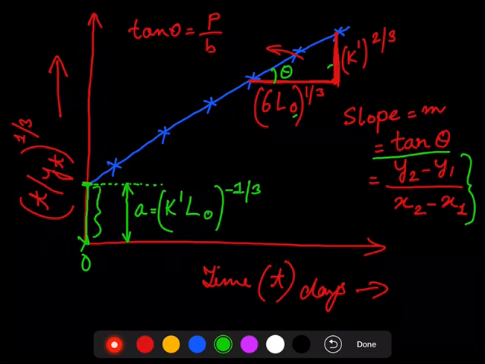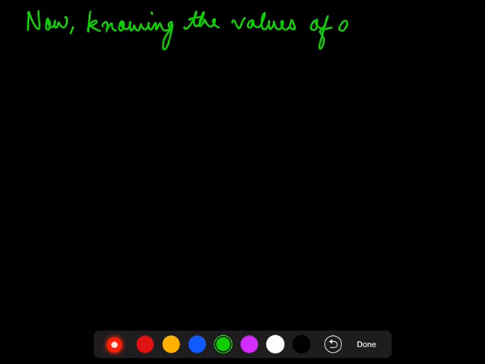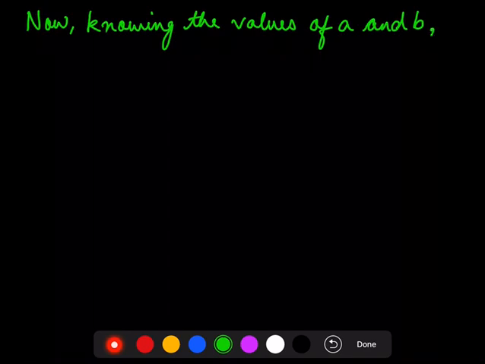Now, knowing the values of a and b, we get